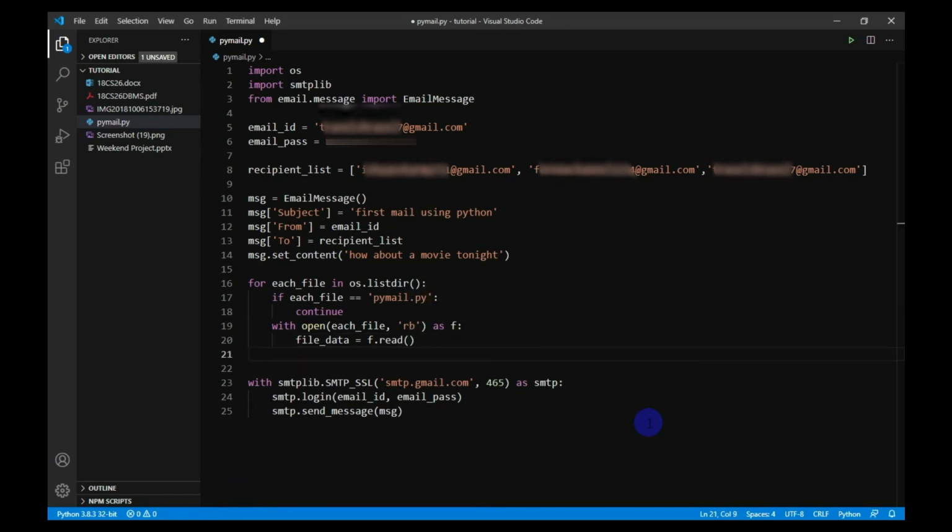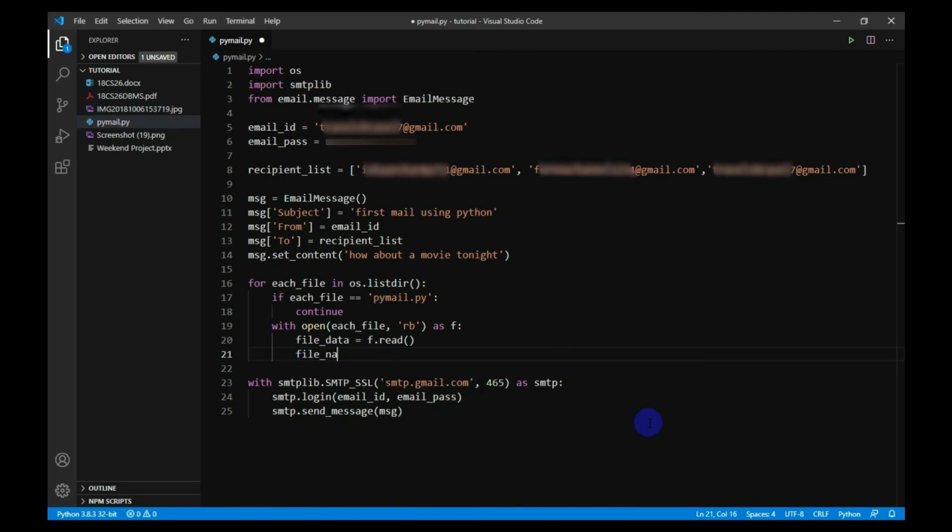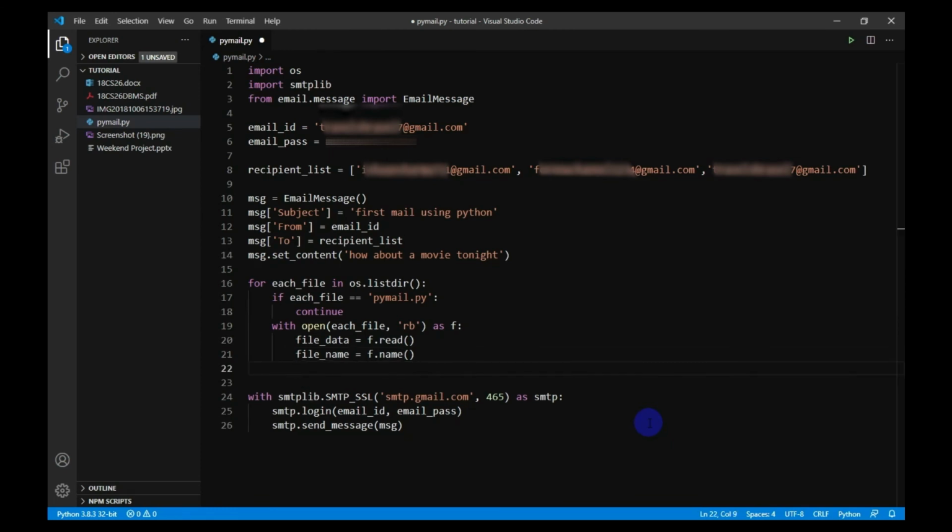And then I will create another variable, file_name, that will read the file name. Now I will add the attachment using the add_attachment command.